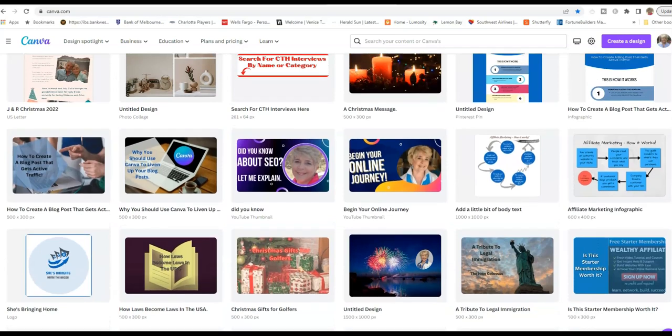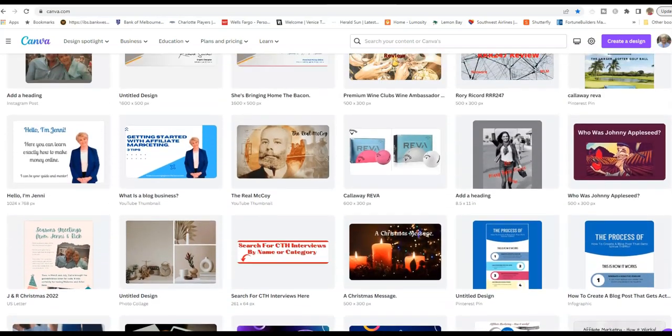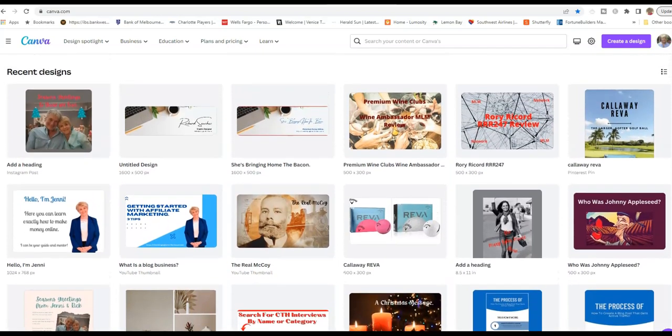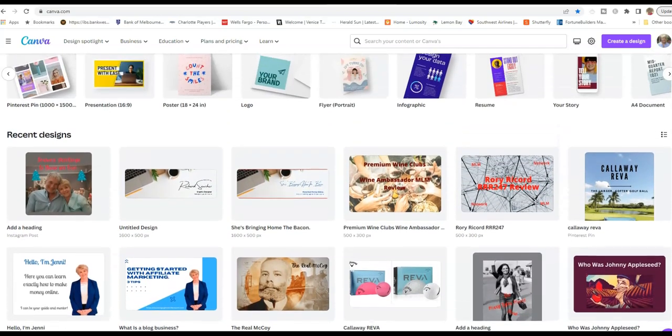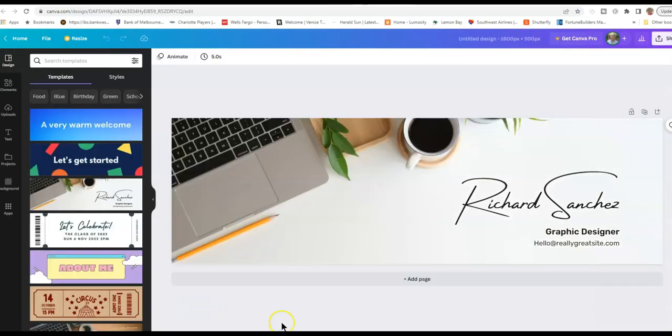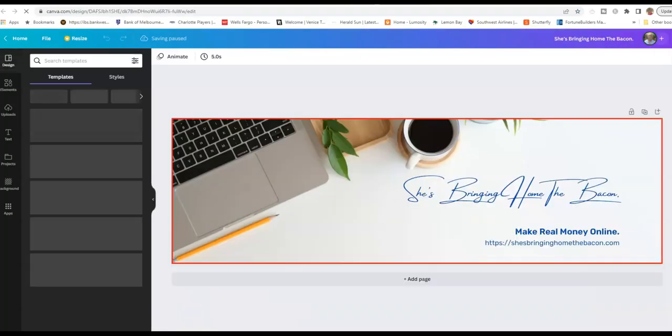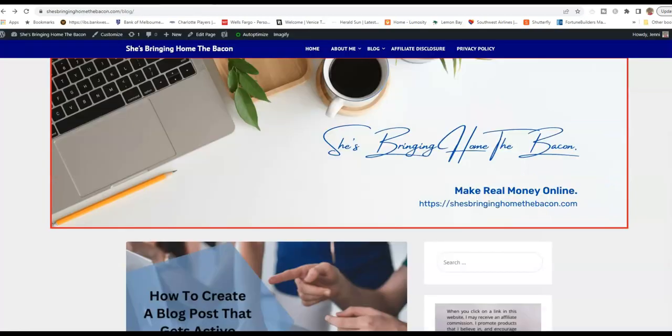Creating a banner image for your website or blog is a must and is very simple. My website is about working online with affiliate marketing. I looked for a template that had a suitable image and was clean and uncluttered, and chose this one. I checked the size of the header image on my website and set up a custom size accordingly. I really liked this one, so I changed the size and colour of the text to fit with my own colours, reworked the wording and added a border. Here is the result that you will see at the top of my website,